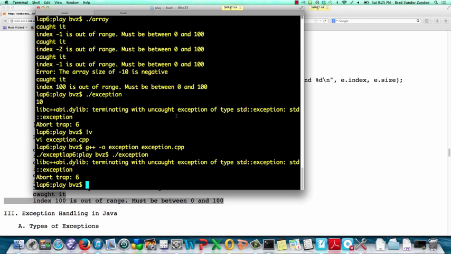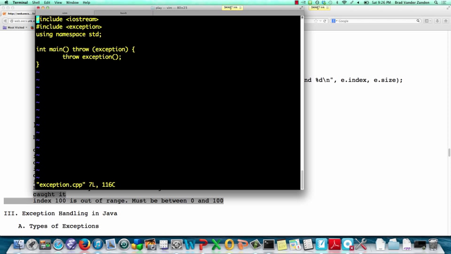The last thing I've done is I have prepared a couple of experiments to show you certain traps that you have to be careful with in exception handling. The first one is a very simple program to show you what happens if you throw an exception that doesn't get caught. So here I am throwing a std exception, and by the way, this throw right here is just telling the C++ compiler that we are not handling the exception, but instead we're throwing it out of main, and we do that with the throw keyword and then with a comma separated list of